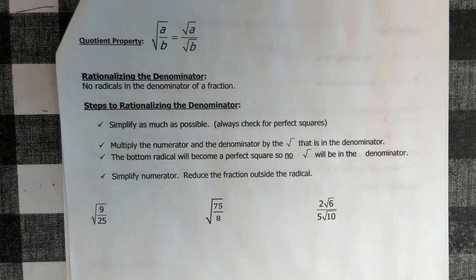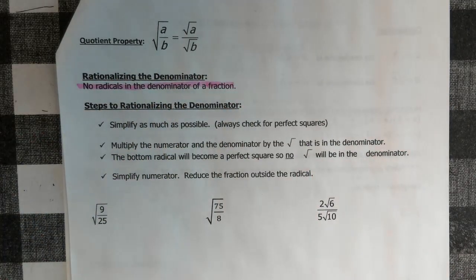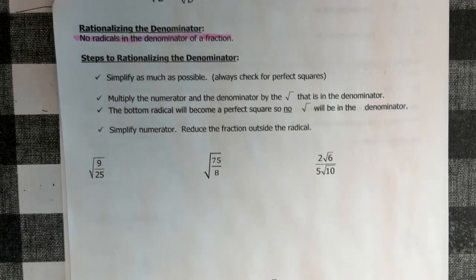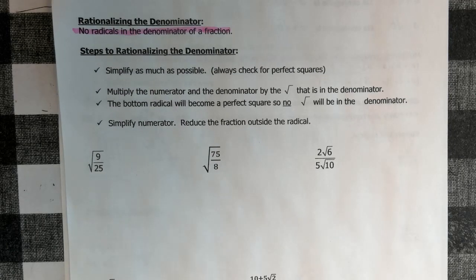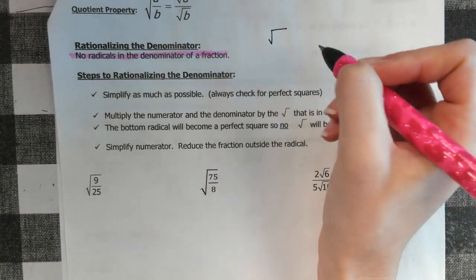So the problem that we run into is that you cannot have a radical in the denominator of a fraction. So we rationalize. What that means is you're going to simplify as much as you can in step 1. I'm going to look at, are they perfect squares? I'm going to look at, can the fraction simplify so I have smaller numbers? And then I'm going to move on to rationalizing. Rationalizing means you're going to multiply the numerator and the denominator by the same radical that you want to get rid of. Now the reason we do that is because if you think back to our example,